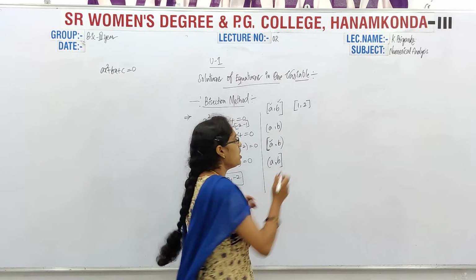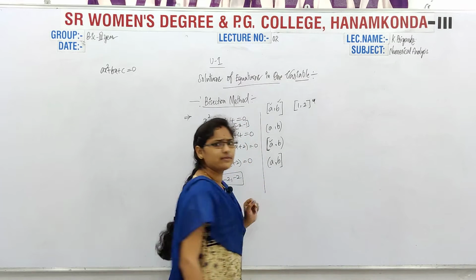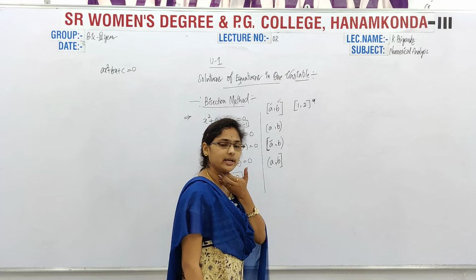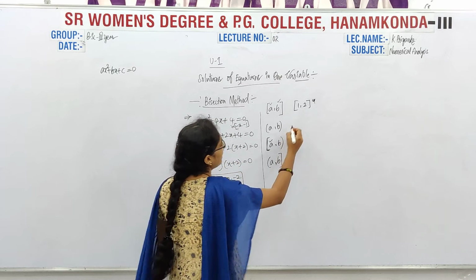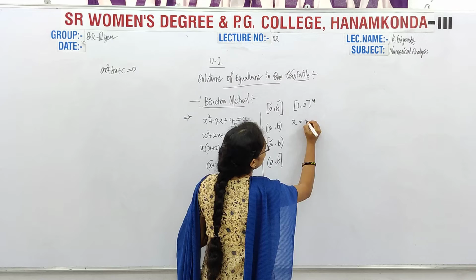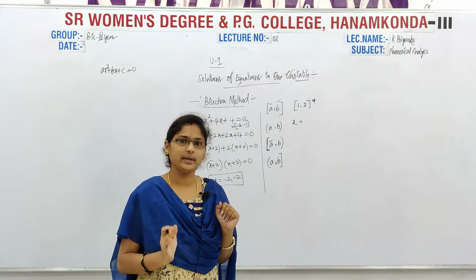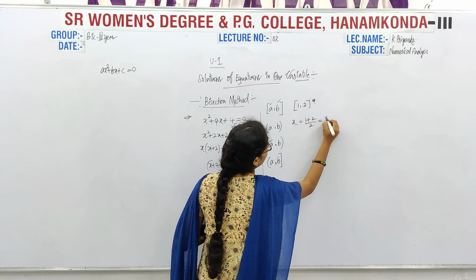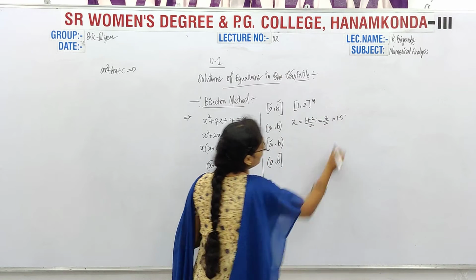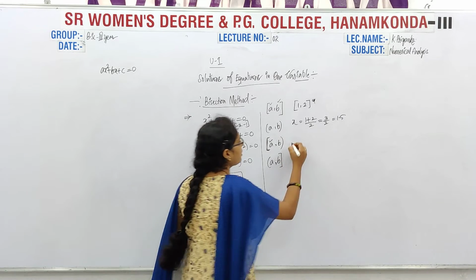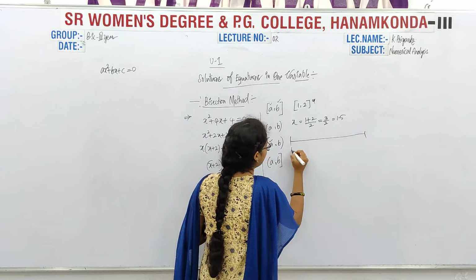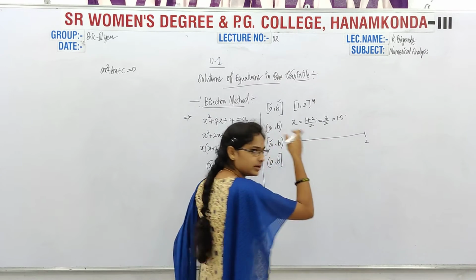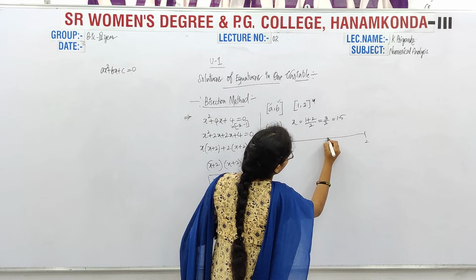Okay, and here this interval takes a major part, because see, first of all here we have 1 comma 2. Mainly and mostly they give the closed intervals only. They give one question, some 1 comma 2. Okay, in the interval 1 comma 2. So at that time we have to find that x is equal to, simply every time we have to take the midpoint. Midpoint means 1 plus 2 by 2, which is nothing but 3 by 2, which is nothing but 1.5. So now here what happened? Actually we have the interval from 1 to 2. Okay. Next I divided it in 2 parts. So that is 1.5.